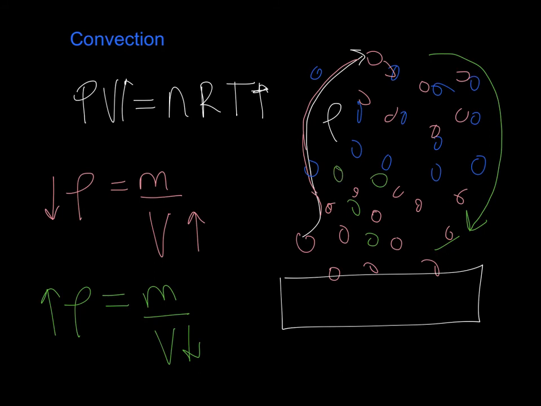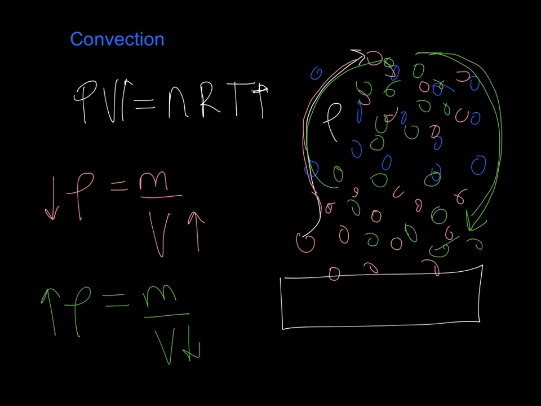Again, these get really excited, the volume increases, the density drops, and they float. When they get up here, they transfer their energy to the things that aren't close to the heat, so not moving so fast, and then their volume decreases, density increases, and they sink, and the process continues over and over again. And that's why hot air rises and cooler air drops or falls. And this is a convection current.